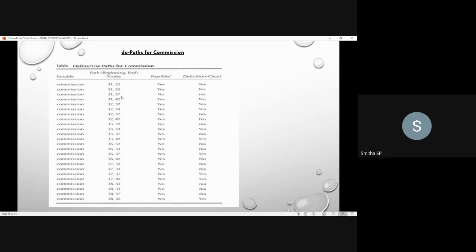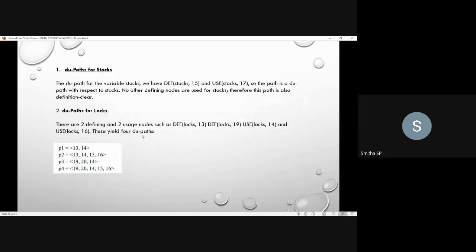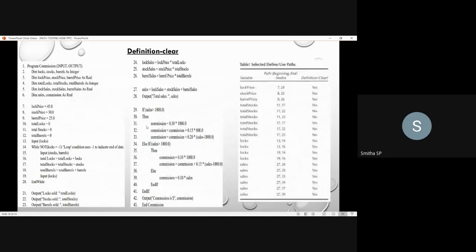Next, 31st to 37th: it is not feasible and not applicable. The commission is defined at the 31st and ended at the 37th. Is it feasible? No, because the definition here is not applicable. Why is it not applicable?